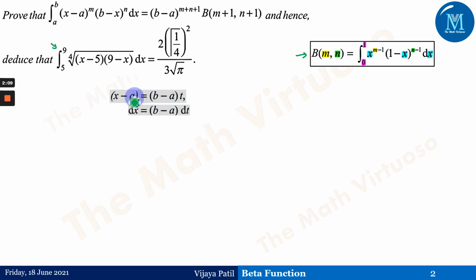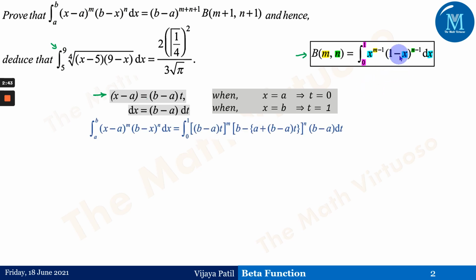Gradually you will understand why this substitution is acceptable, because we need to have the limits a to b as 0 to 1. So dx becomes (b minus a) times dt. When x equals a, t equals 0, and when x equals b, t is going to be 1. That is what this substitution does, making the integration from a to b into 0 to 1. Another thing, we should have 1 minus the variable in the picture, that means 1 minus t, for this application.